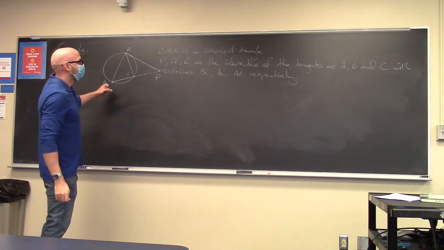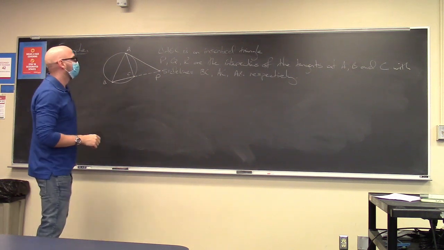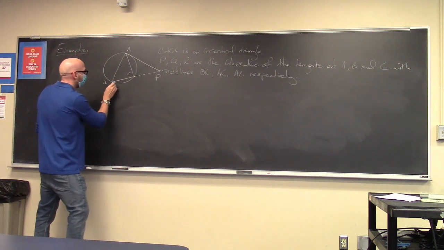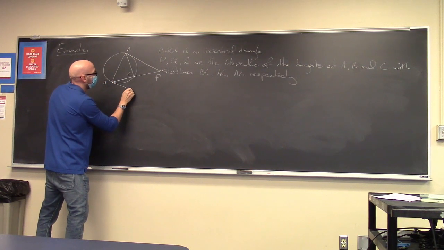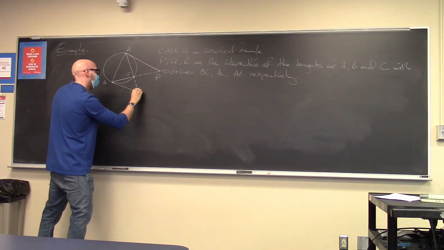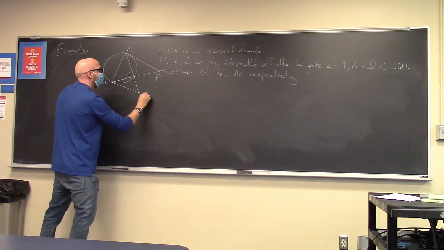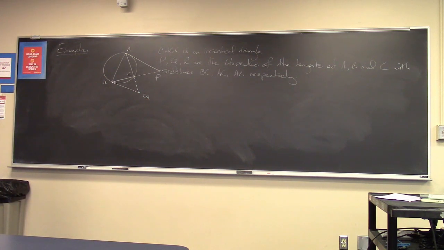We'll look at the tangent at B and ask where that intersects sideline AC. So we'll draw on this tangent at B. So it should intersect right around here. P, Q, and